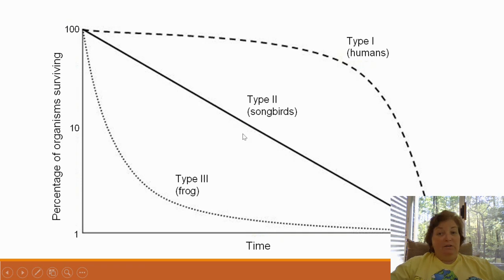But you will need to know the examples. You will need to know that this is type 1, this is type 2, and this one's type 3, and what these mean. Okay, so I did this really fast. You can go back and review it. And this is just a short and sweet look at survivorship curves, looking at populations of